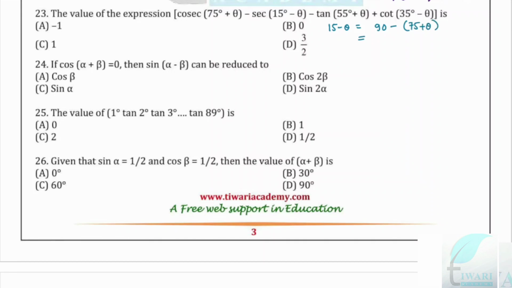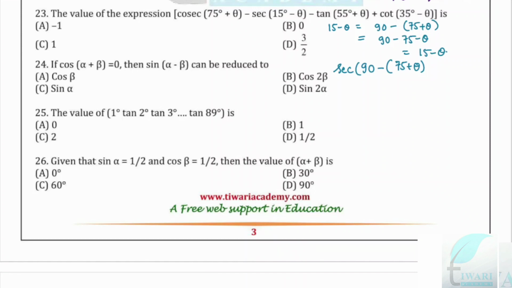We can calculate and see, 90 minus 75 minus theta is equal to 15 minus theta. So sec 15 minus theta can be written as sec of 90 minus 75 plus theta,